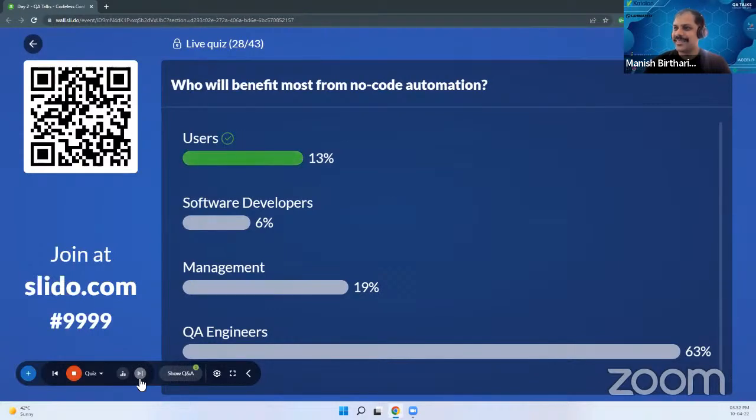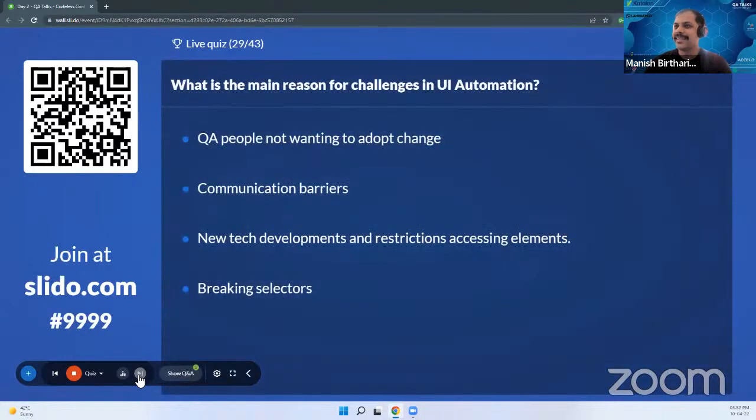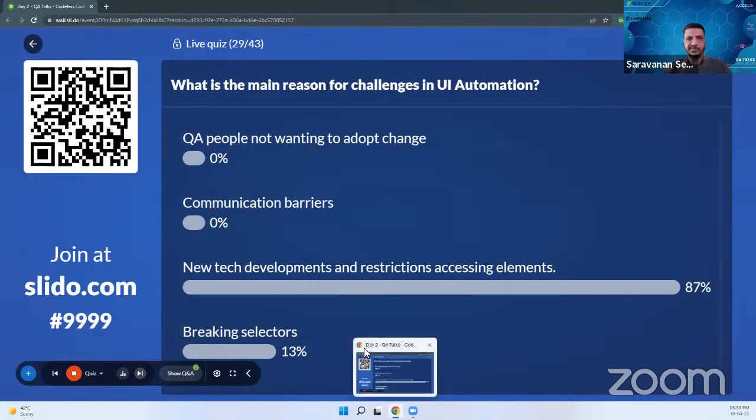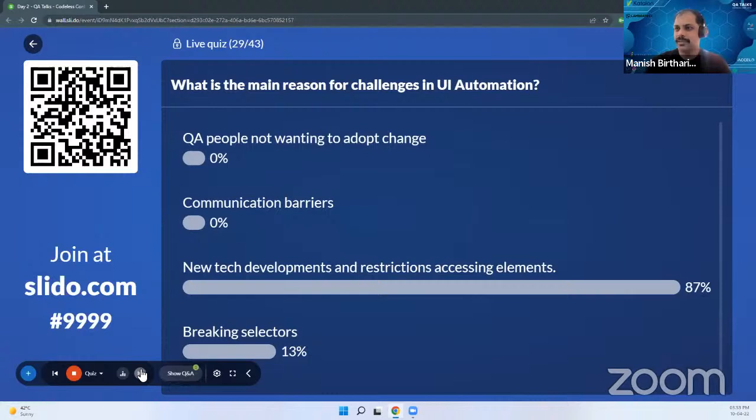Let's say users. Correct. Going to the next. Yeah, tricky. Okay, 87% saying Newton. That is correct.